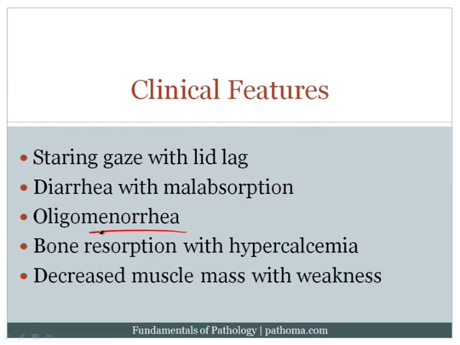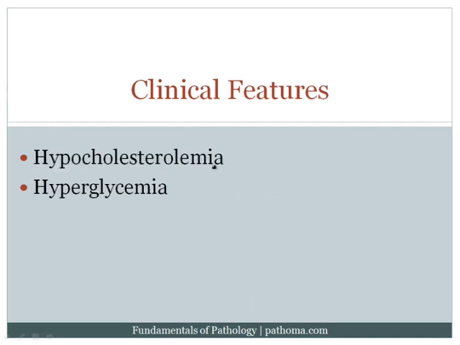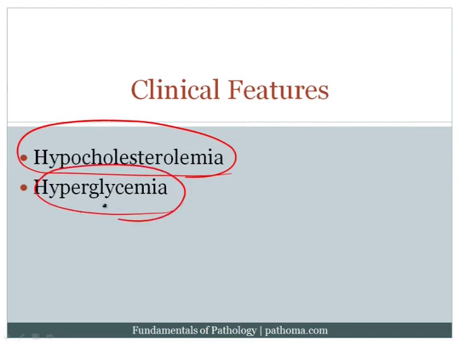Patients with hyperthyroidism can develop oligomenorrhea. They get bone resorption with hypercalcemia. This could eventually lead to osteoporosis, and they get decreased muscle mass with weakness. Finally, the patients can get hypocholesterolemia. This is particularly high yield. The examiners like you to know that you get hypocholesterolemia with hyperthyroidism and hyperglycemia. And the idea here is that the thyroid hormone causes both gluconeogenesis and glycogenolysis, resulting in extra sugar in the